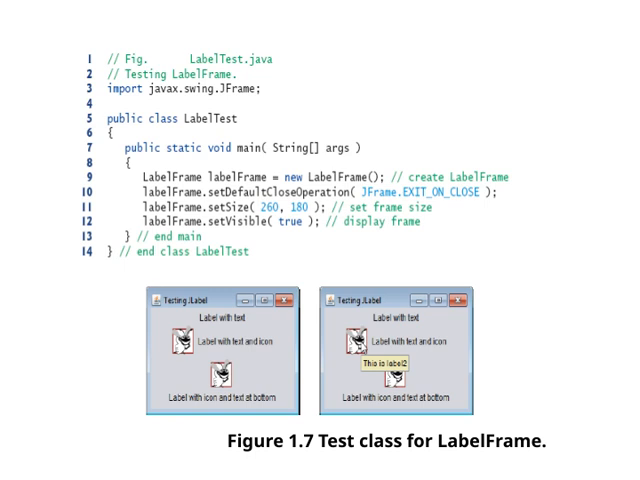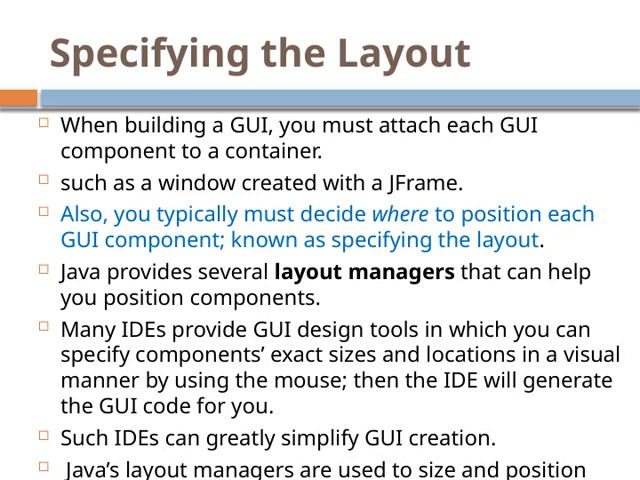Connecting this to the overall theme, it's a reminder that good design isn't just about how the interface looks, but also about ensuring it works seamlessly through proper testing. When building a GUI, the first step is attaching each component to a container, like a window created with a JFrame. This ensures that all your elements are organized within a main container. Once you've done that, you need to decide where to place each component on the screen, a process known as specifying the layout. Java offers several layout managers that help you position components effectively, so you don't have to manually